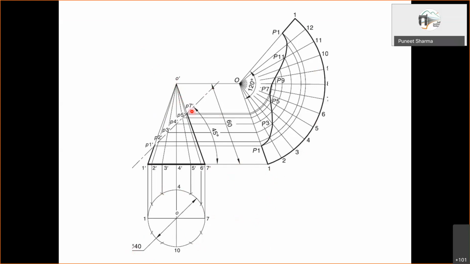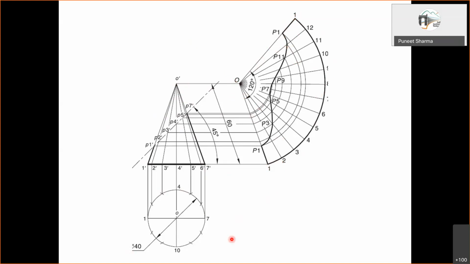Making use of this slant edge, we draw the sector for an angle of 120 degrees. Thereafter, 12 equal divisions have to be made. Once this is done, all these generators can be marked. So we have all these 12 generators, and of course this O1 gets repeated because that is where we begin, so we end at that location. So that is shown.